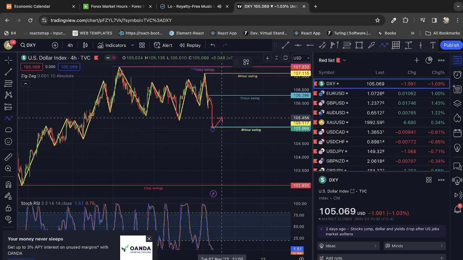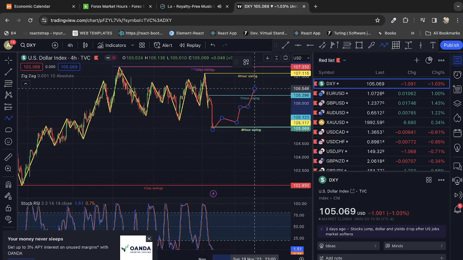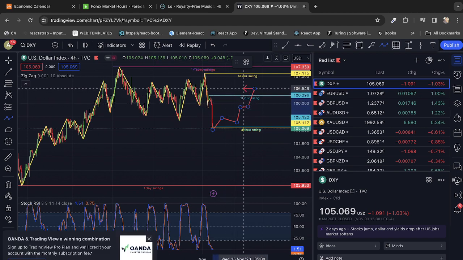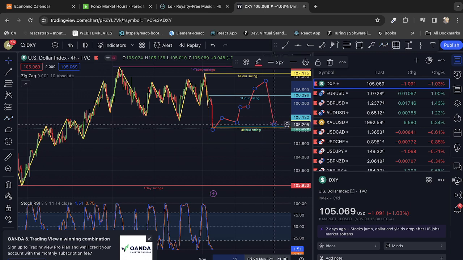Either you expect some level of pullback in this area here, right? Maybe at this breaker here, or at this build up here, this other block at the top side here,